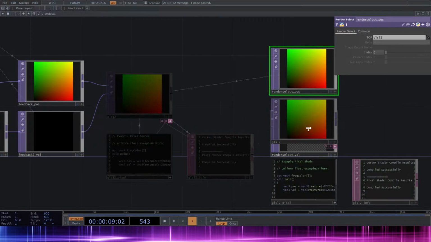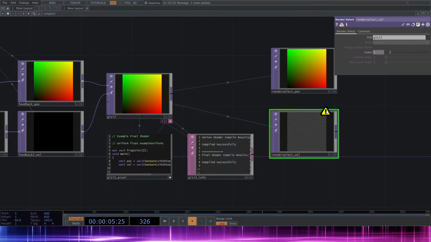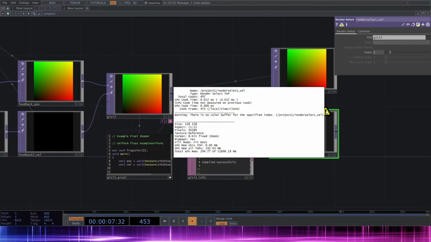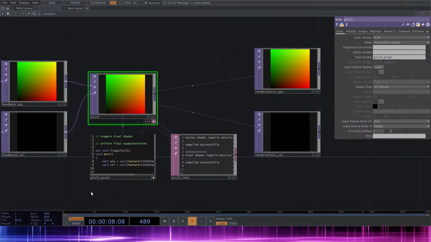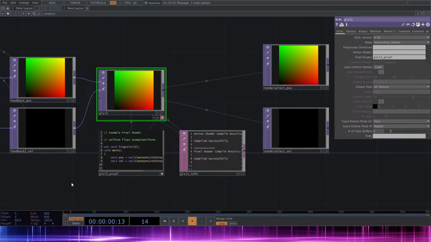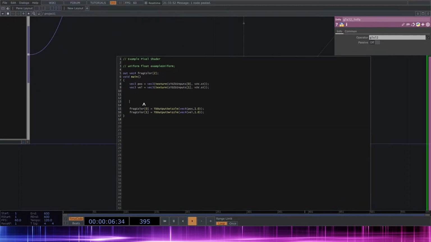So now we're going to connect the GLSL to this one, and we need to make sure that this is the second input. But we can see that this throws an error, which is there's no color buffer for the specified index. That's because I forgot to set the number of color buffers. That's very important. So if we do that, we can see that that's working. Nice. So now we have our setup for, well, I guess simulations,